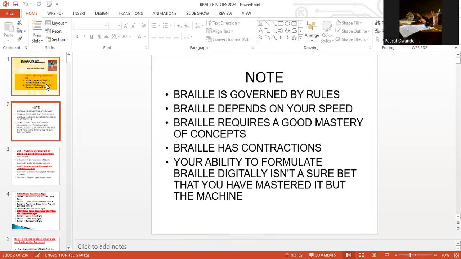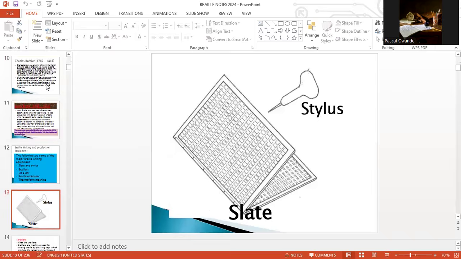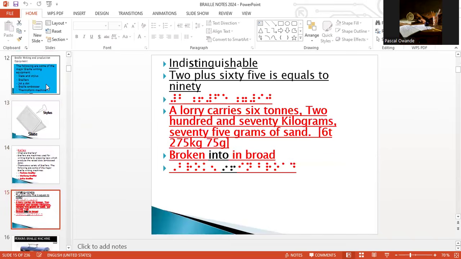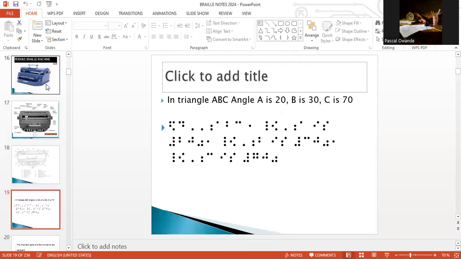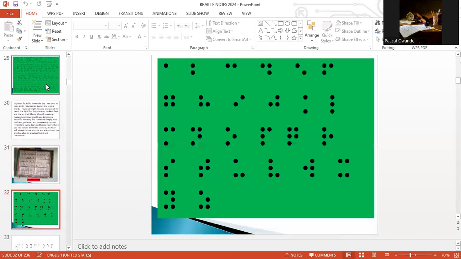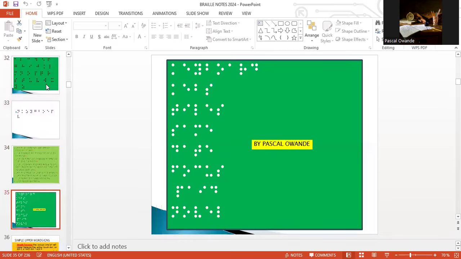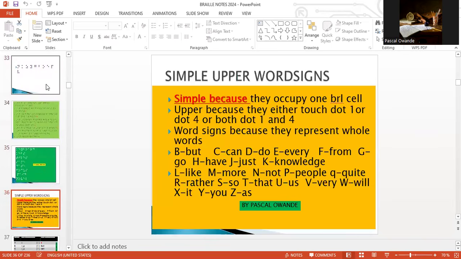So allow me to take you to our lesson number 3. Our lesson number 4, sorry. Lesson number 3, we looked at the simple sentences, the reading of simple sentences. And so today we are looking at lesson number 4, that is on the simple upper word signs. So simple upper word signs,